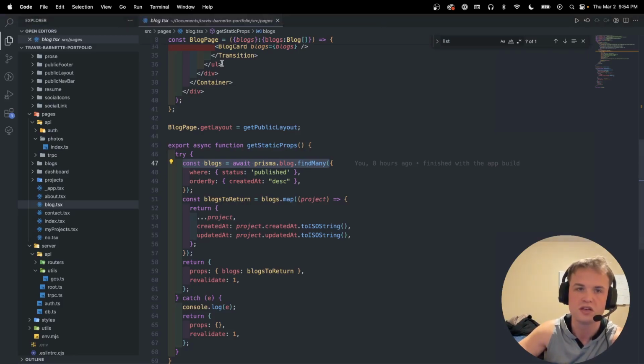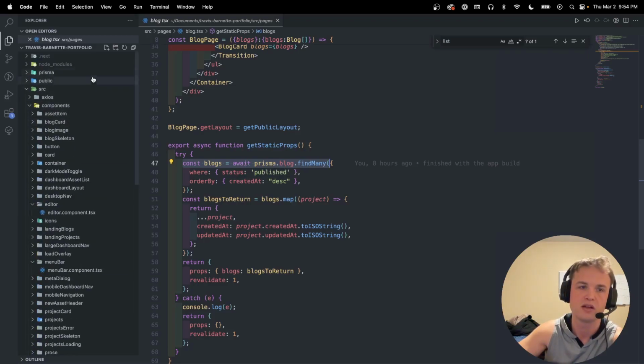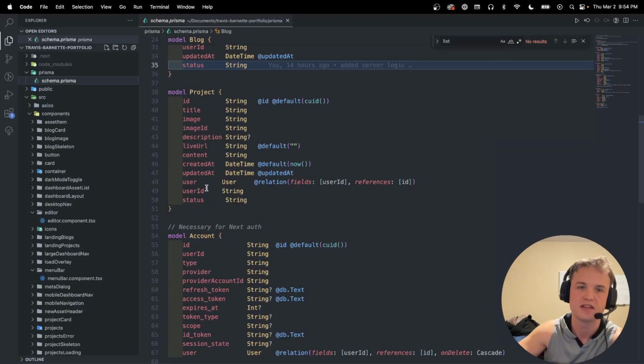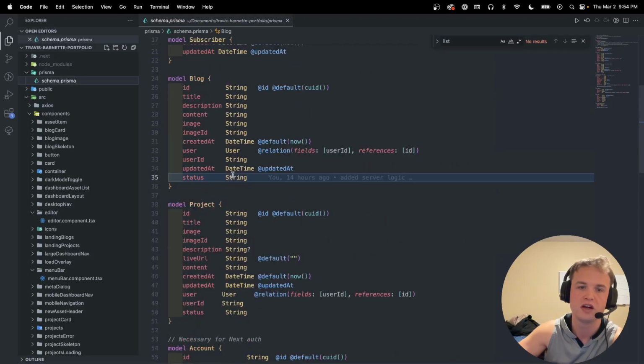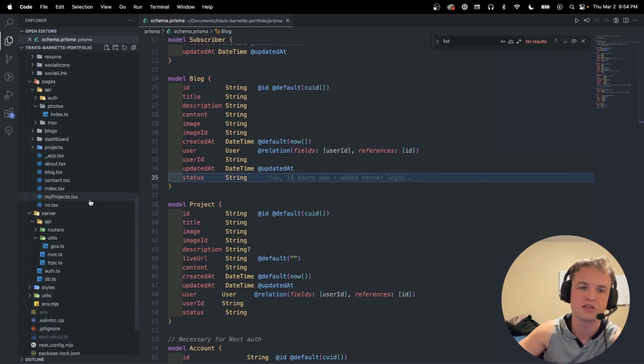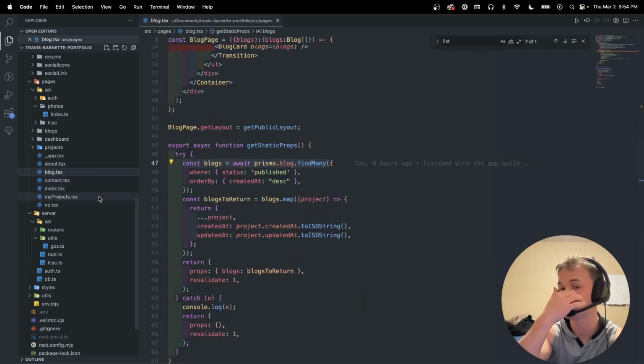This is on the blog page, right? Where the status is set as published inside of my blog schema. It has a status with a string of published or unpublished. That's for a future feature, but it basically checks my database, says, hey, if a blog has a published status,